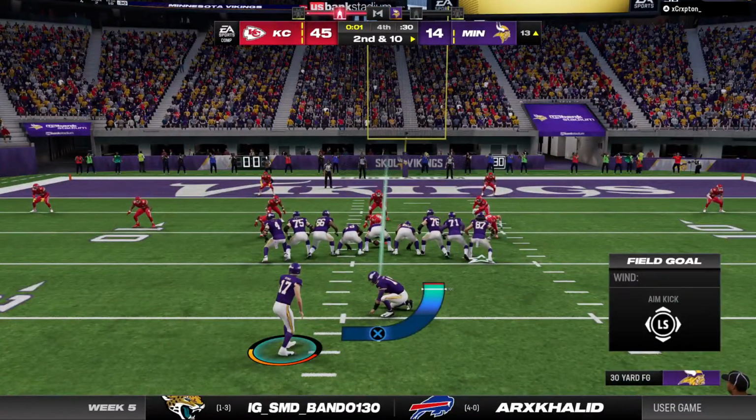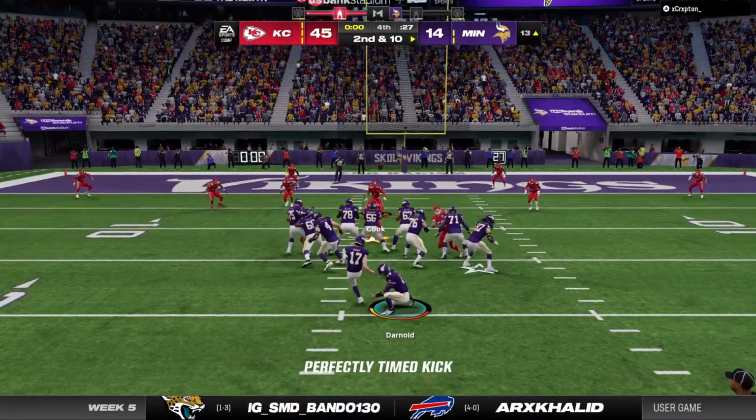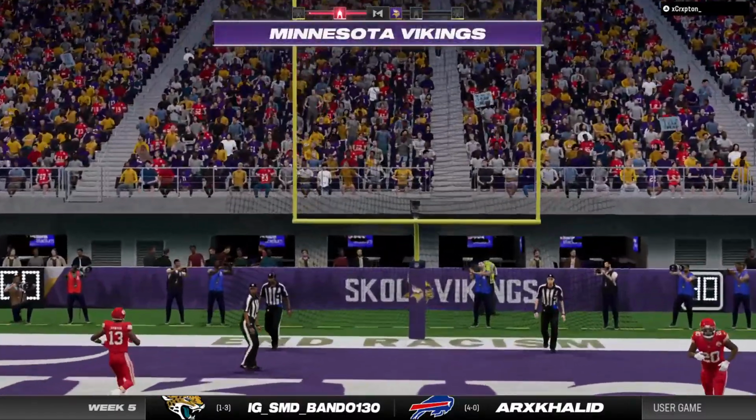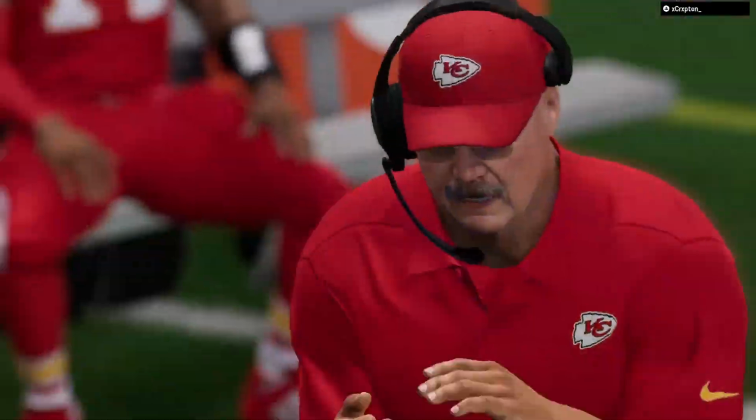Now the Vikings will send out the special teams crew here for a field goal try. This will be spotted at the 20, so it's a 30-yard attempt. And the kick here is good, so add 3 to the total. But they're still coming up well